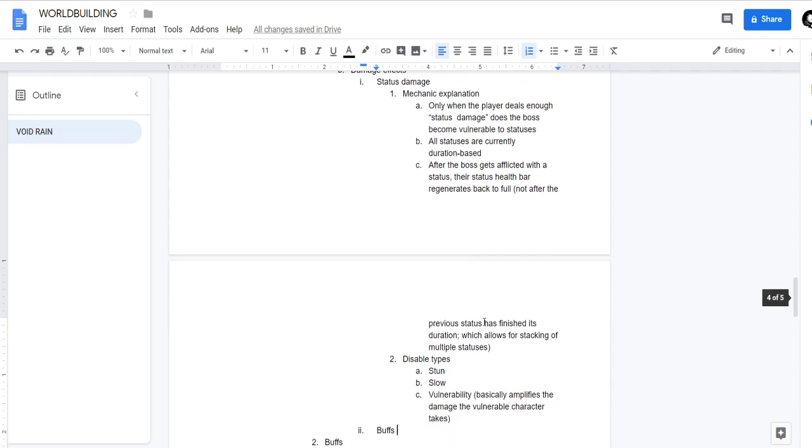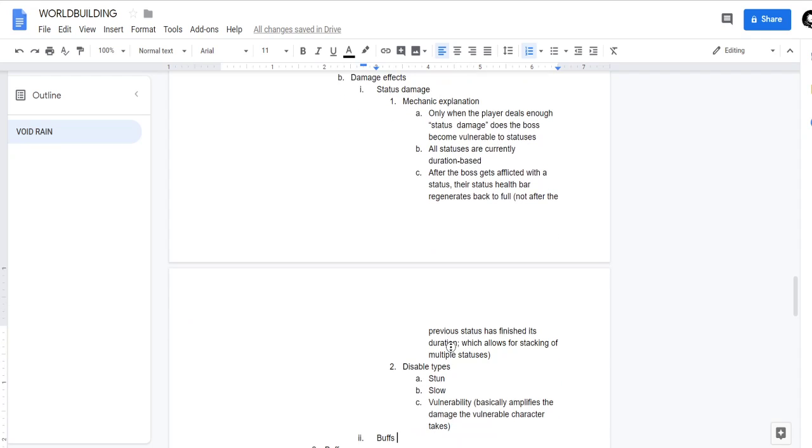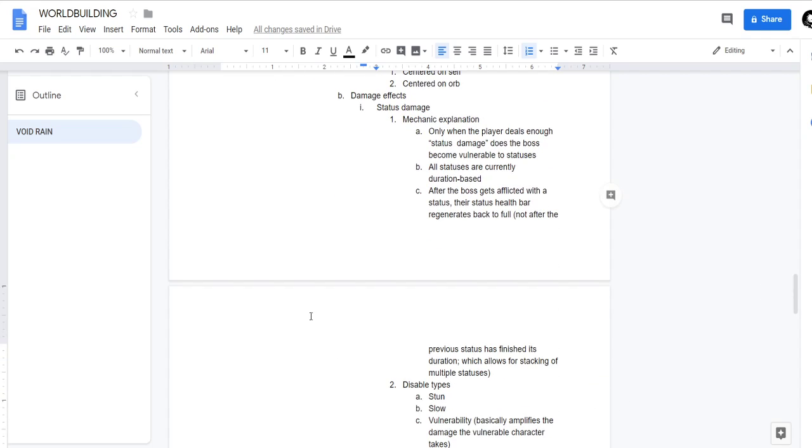So that's a nice connection between mechanics. You want to make all your mechanics work together as much as possible, or at least when it makes sense. And I think it does here. So now,